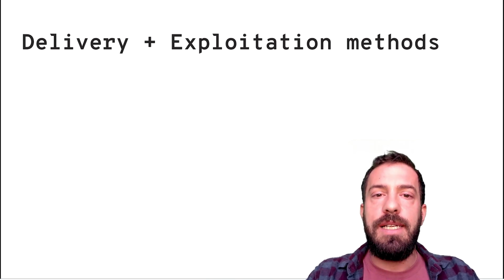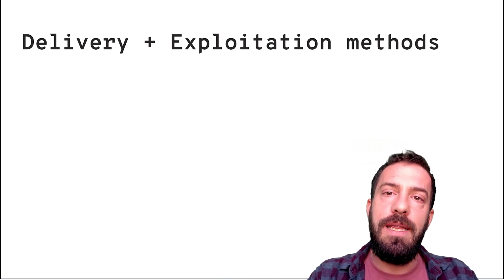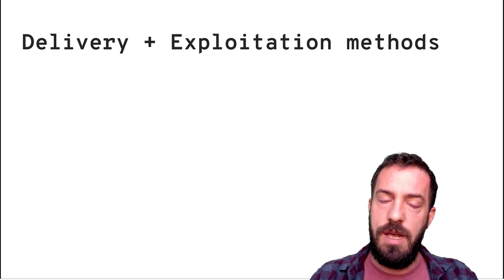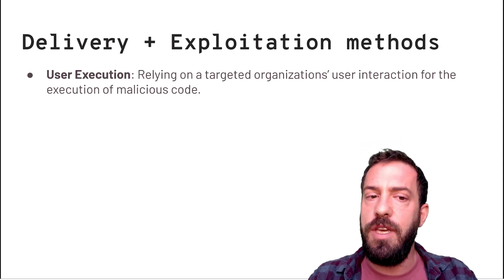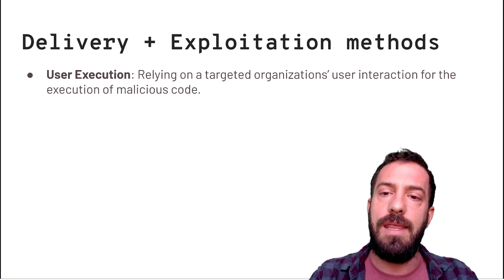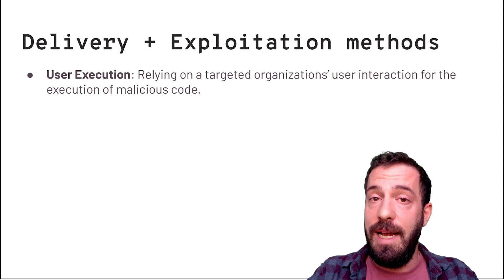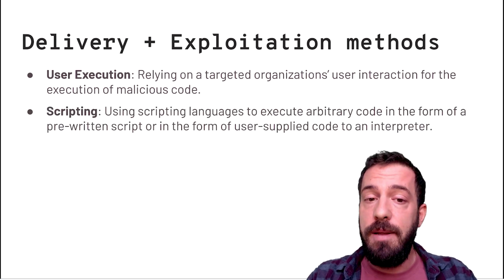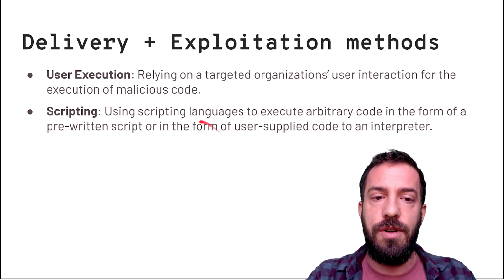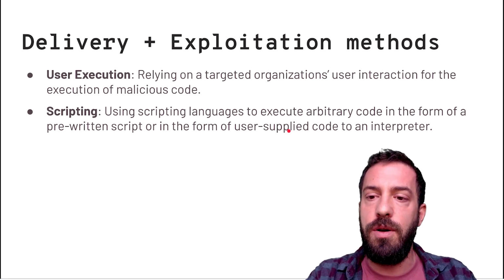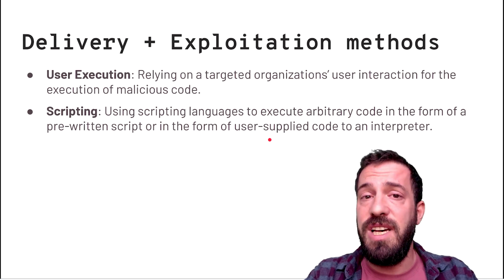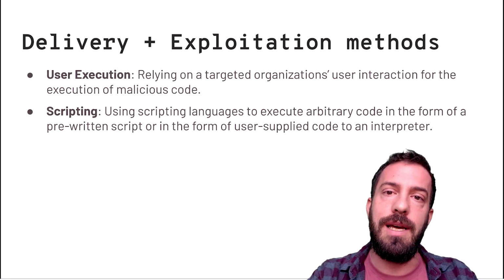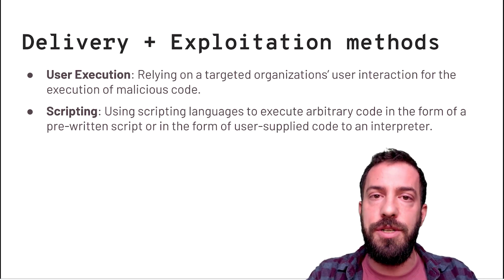Delivery and exploitation can somehow be seen together. For example, the USB delivery also exploits the autorun feature of Windows. But there are other things. User execution: you can somehow make the user deliver and run the code for you. Again, social engineering, as we saw in the past. Scripting is another method for delivery and exploitation, where they use scripting languages to execute arbitrary code. And you can do JavaScript attacks, for example. If the operators visit a malicious website, you can use client-side scripting in order to do something malicious in the